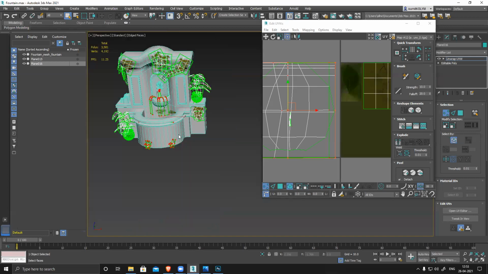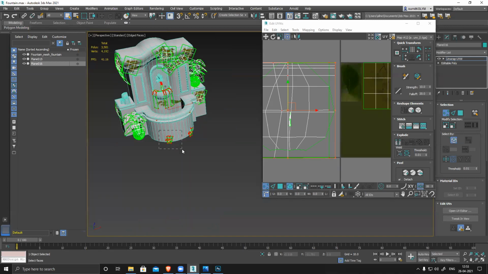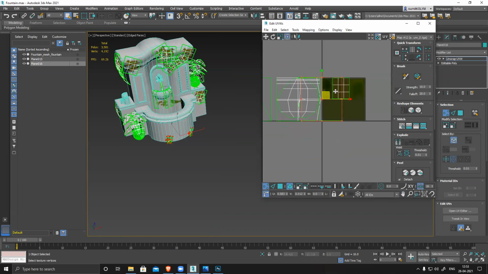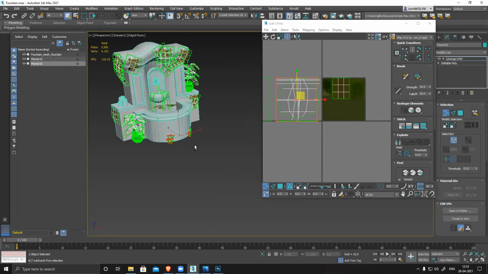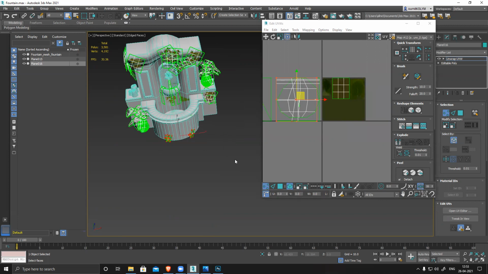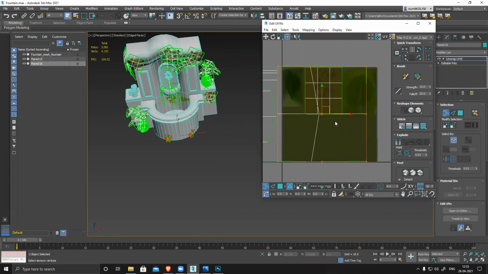This is, I believe, small, tiny. Okay, I'll select this and select this. Move it. These two only, right? Yeah, now it's correct. Scale it down now.